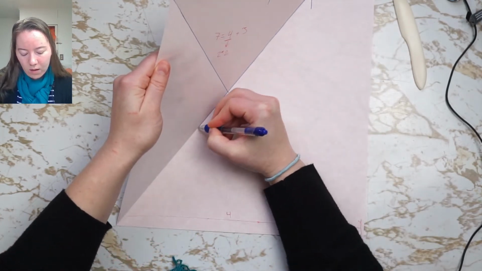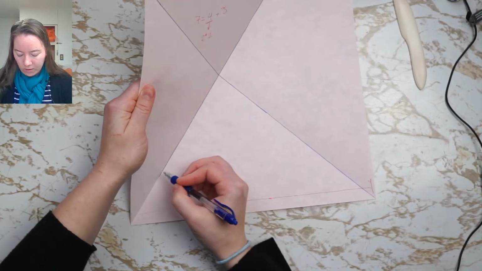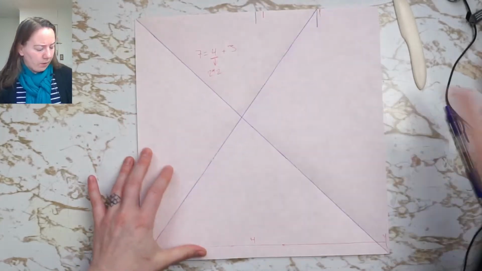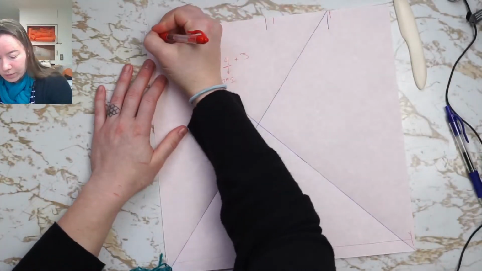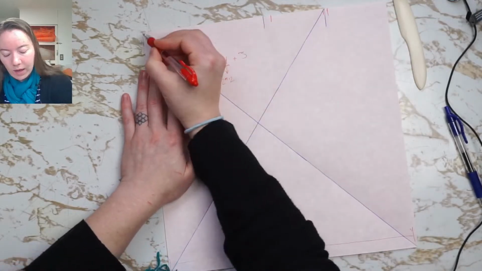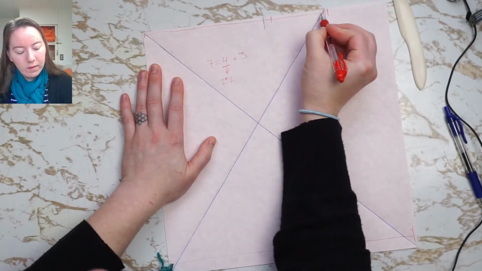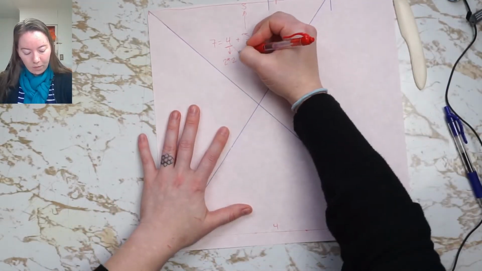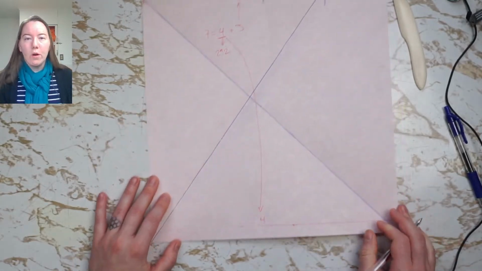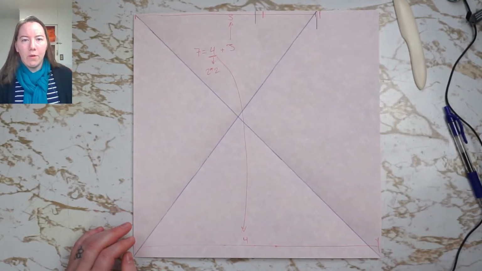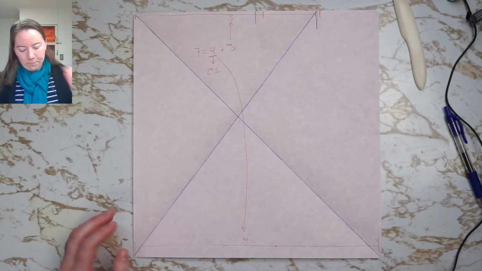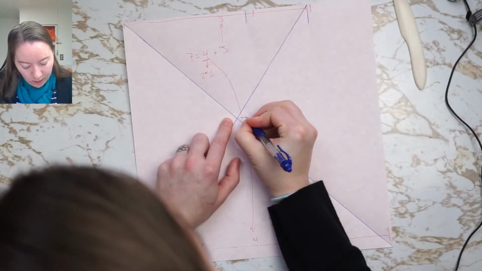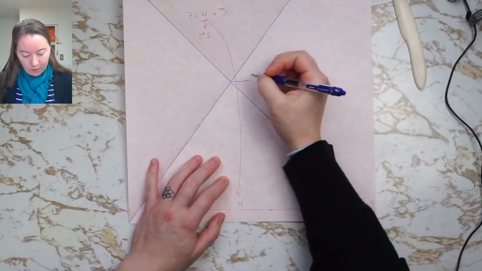And we'll get our second diagonal in place. And while we're here, I want to be very explicit about marking and saying this distance up here is 3. So we've got this 3 and that 4. Okay. So now we've got our intersection point, and that intersection point gives us the division between